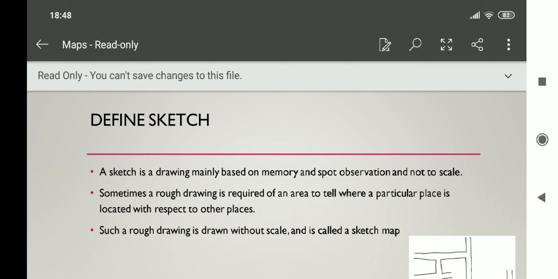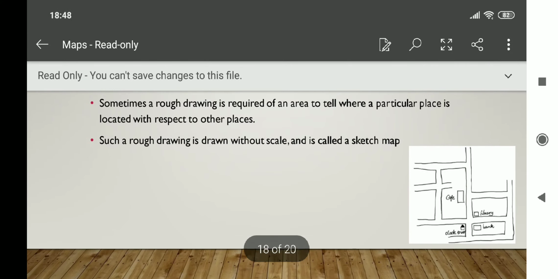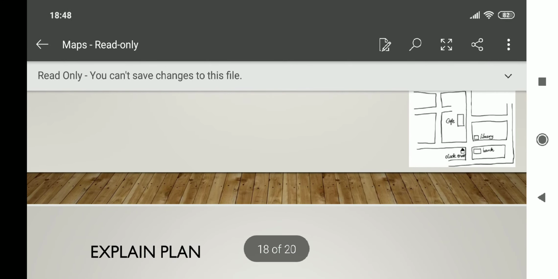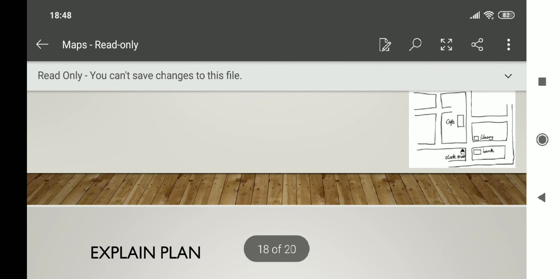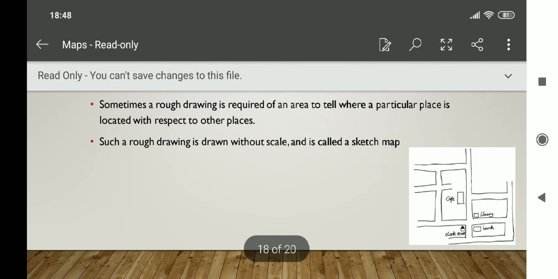Sometimes a rough drawing of an area is required to tell where a particular place is located with respect to other places. Such a rough drawing drawn without scale is known as a sketch. Mainly police use sketches, or students in projects like making your home's map. So we use it to make a sketch.